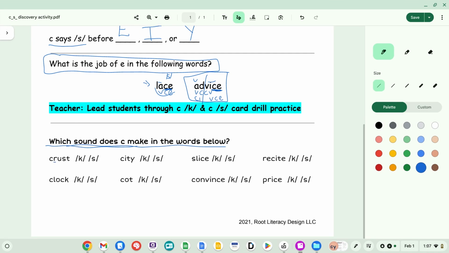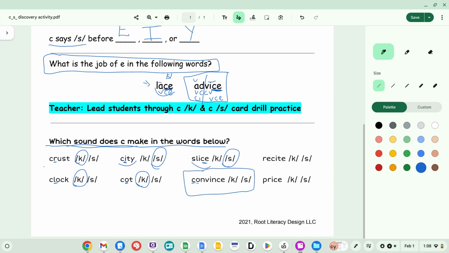So you always want them to notice, what is that letter that's next to the C? It's an R, so it says K, crust. There's an L, so it says K, like in the word clock. There's an I, so it says S, city. There's an O, it says K, cot. I see that CE, it says S like in the word slice. And this word here,